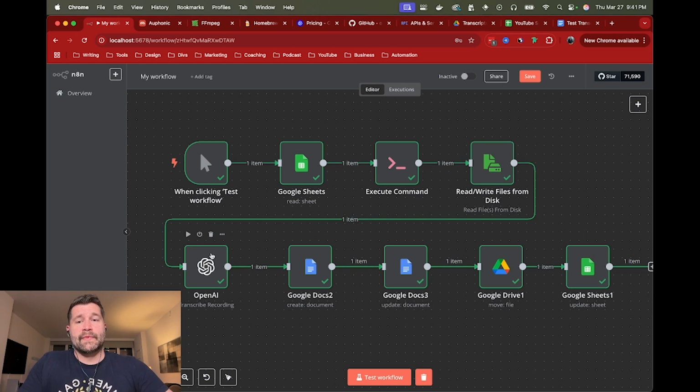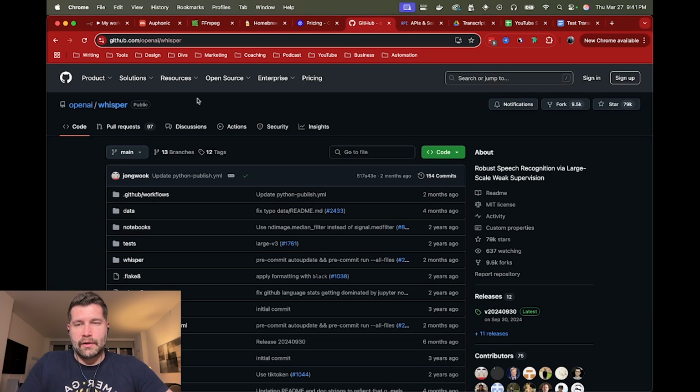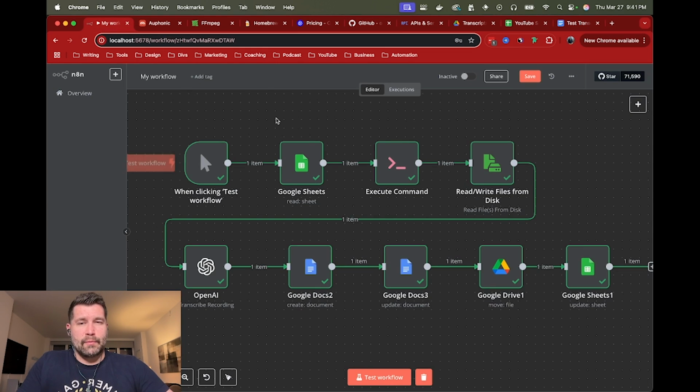Technically, I guess we could wrap the whole thing in a Docker image because you can download the Whisper model and run it on your computer. So I would like to set up a tutorial for basically running this entire thing locally, but we'll get back to that. For now, I am going to use the Google client to be able to connect to a